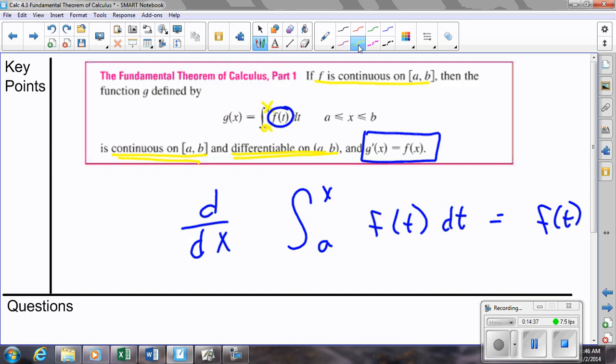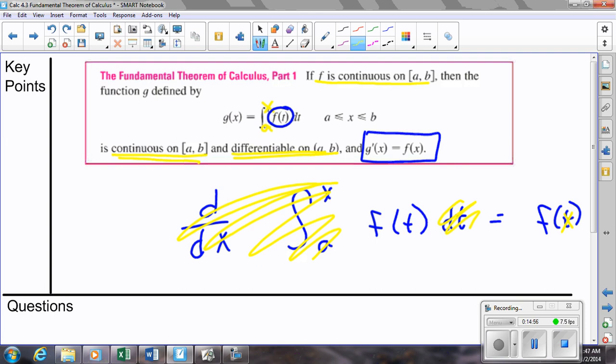They cancel each other out. So derivative compared with integral in this particular format wind up with just our function f of x, which is an incredible shortcut. It's not something that should have been guaranteed to be true, but the fact that it is true makes it